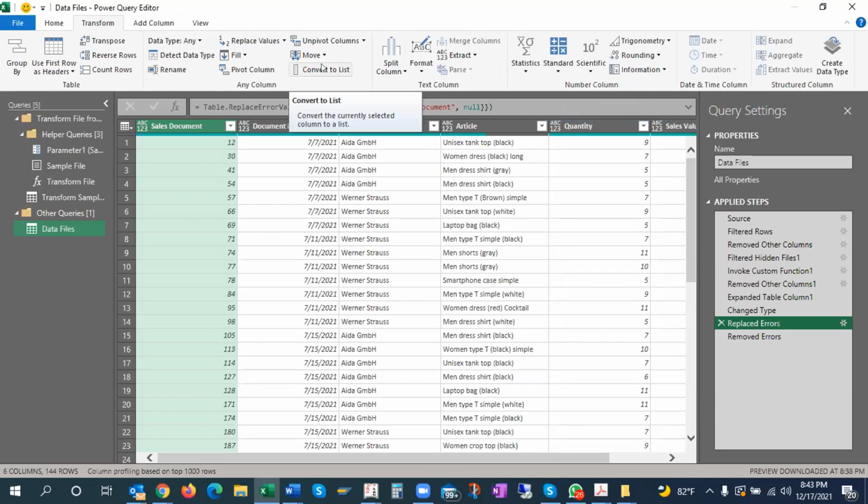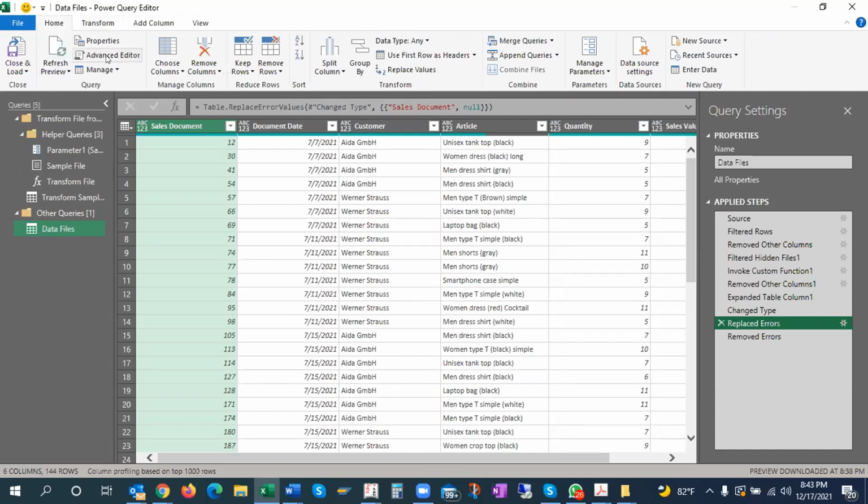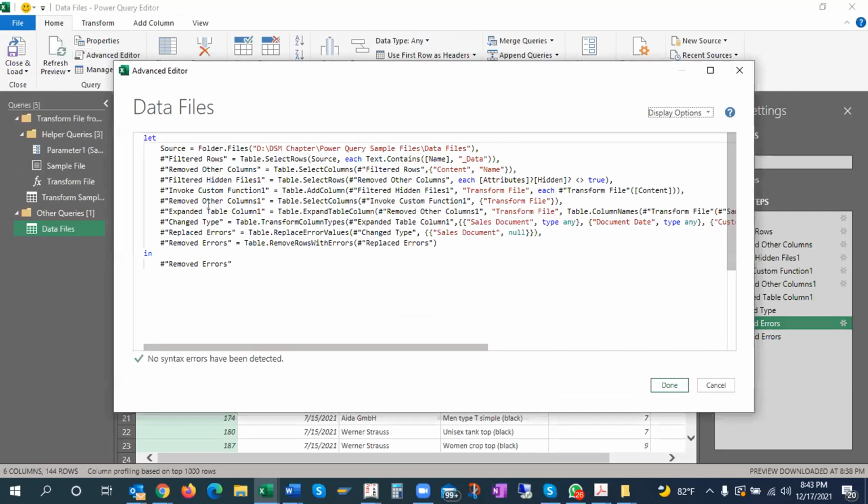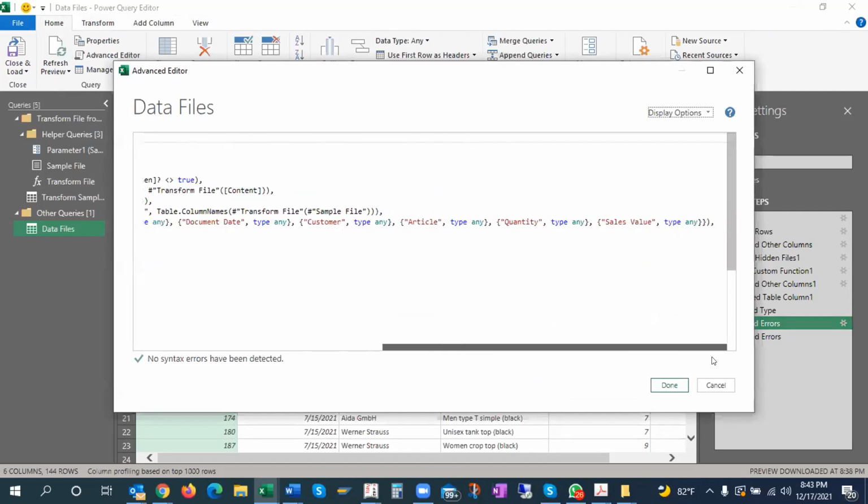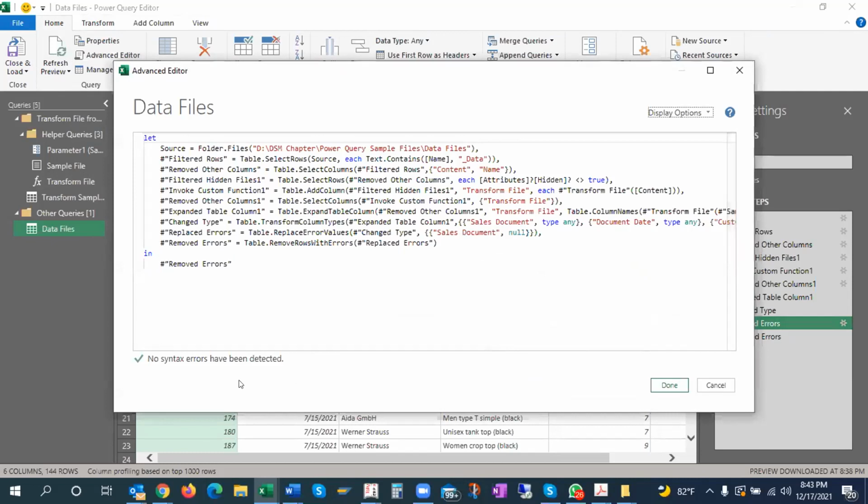But when you write code, if I want to see what code I have written, I can see it here. These are the codes I have written to perform those operations by using the interface only. But here I can also change things. If I want to change something here, I can change it. So in M language, one can write such a thing and combine all the sheets.